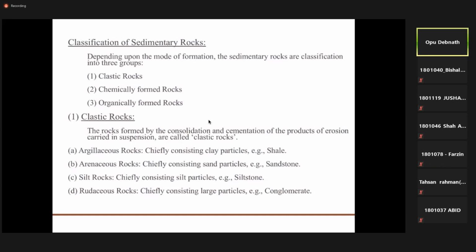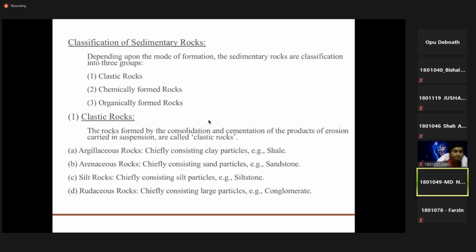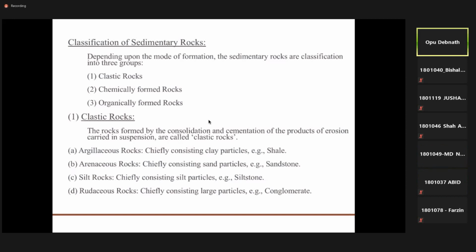So if those types of gravels are also deposited in the layer, and thereafter go for the lithification process or any other process of sedimentary rock formation, the resulting rocks will be named as the rudaceous rocks. So these types of rocks are actually very well known to you, like shale, sandstone, siltstone, etc. While you are traveling in the